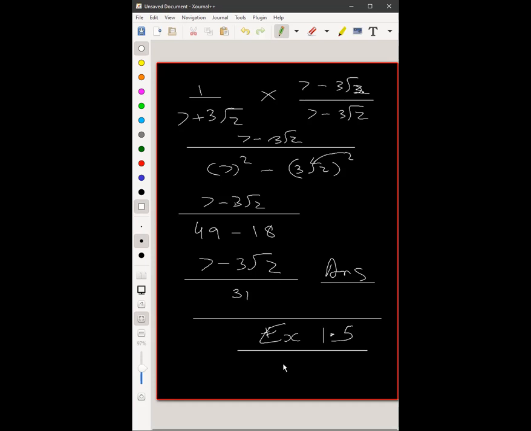Okay, exercise 1.5 for homework. Try to do this today if possible. It's very simple. It's just classification of rational and irrational, what we've already done, the 3 rules we did, and then simplification, that is multiplying operations, and then rationalizing. That's all. We have one small part left, which is exponents. We'll try to finish that tomorrow itself.